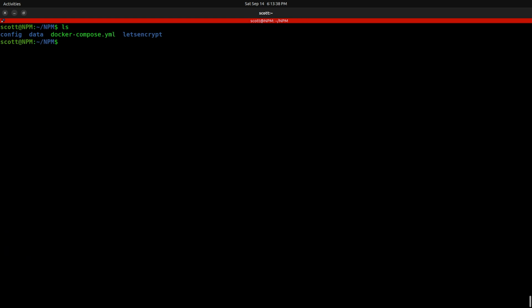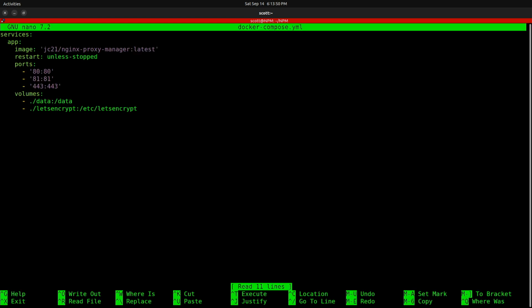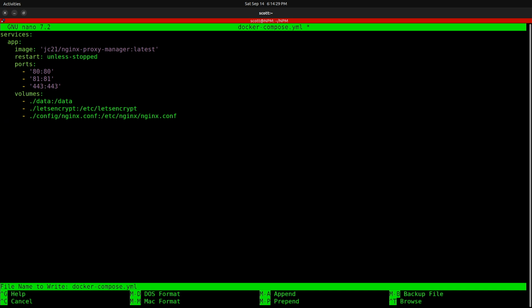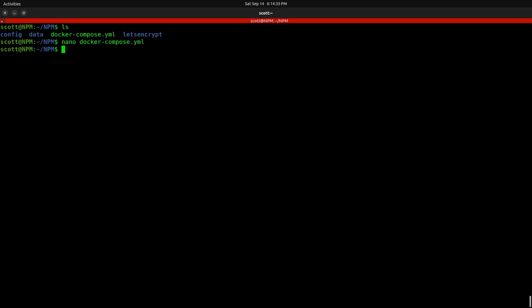And over here, if we do an ls, we're at the level with the docker compose file. So let's do a nano on docker-compose.yml. And when we get into the editor, let's move down to the end, and I'm going to add a line that simply says /config/nginx.conf, and that points to /etc/nginx/nginx.conf inside of the NginX folder. So it simply says that that configuration file is stored in the non-volatile location outside of the NginX Proxy Manager container. So I do a Control O and Enter to write the file out, and a Control X to exit